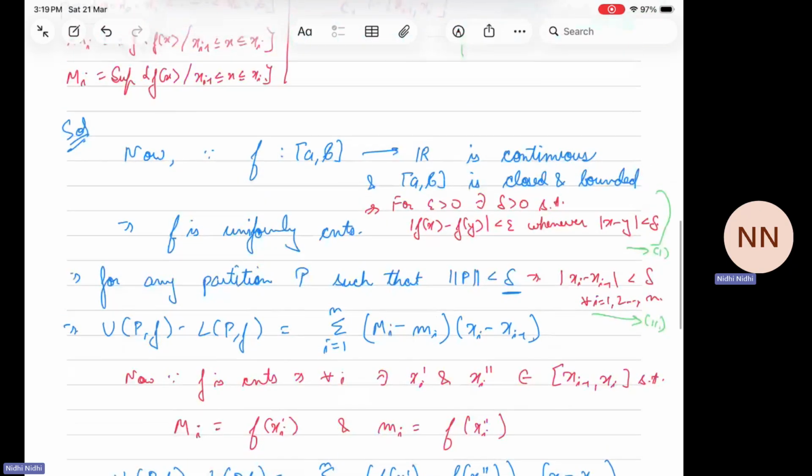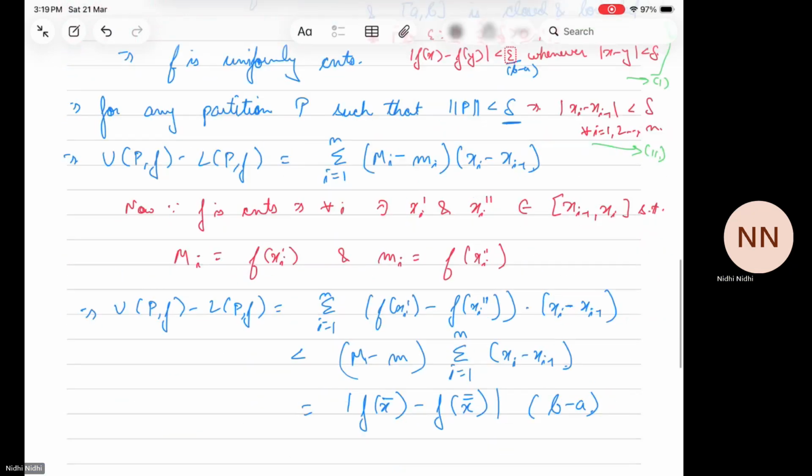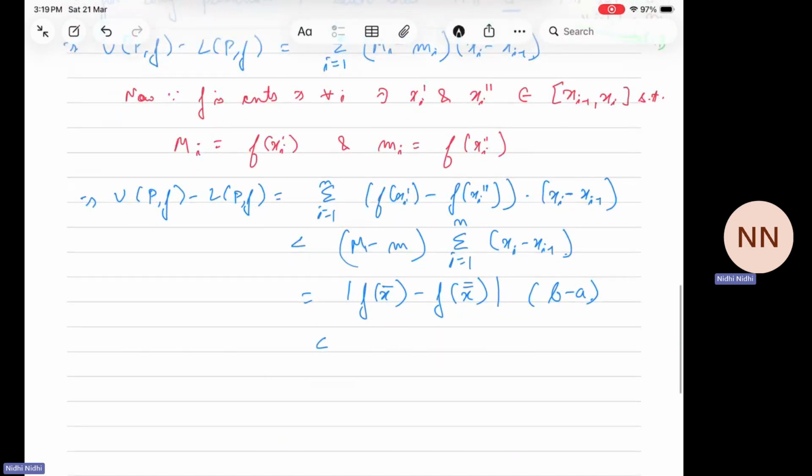So instead of just epsilon, I could take epsilon upon b minus a here. I can always do that. So this will be less than epsilon upon b minus a times